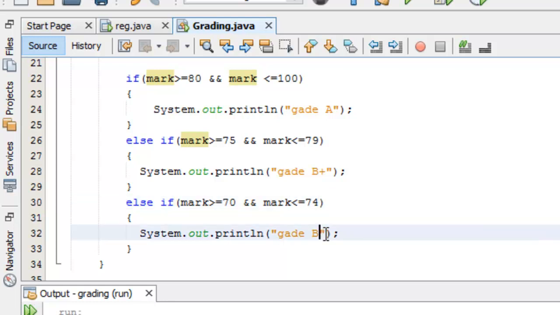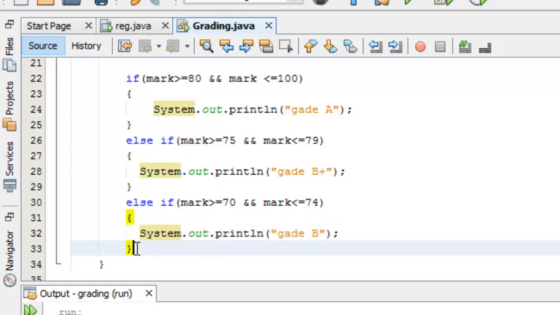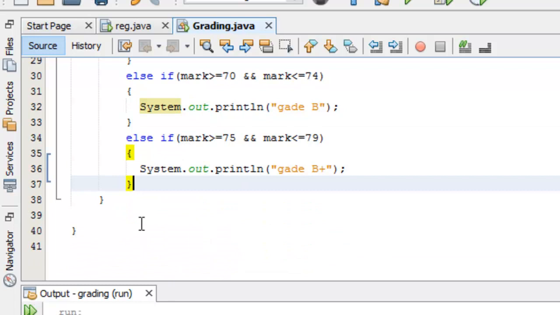It should be a B. Then we should repeat the same story. If the mark is in the 60s, so here if the mark is 65 and less than 69,